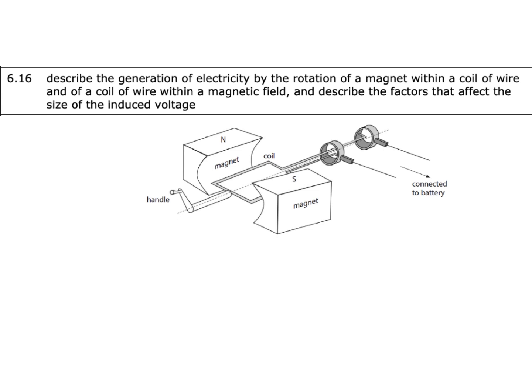We're turning the handle, therefore the coil is cutting the magnetic field lines, therefore a voltage is induced, and therefore there will be a current through the circuit because it is a complete circuit. There will only be a current through the circuit if it is a complete circuit. That is a really important point. But for double award, the words we are really making sure we are using are field lines being cut and